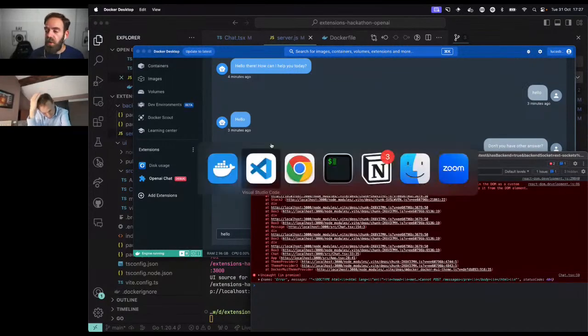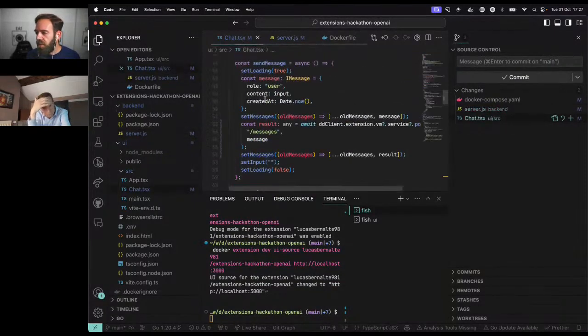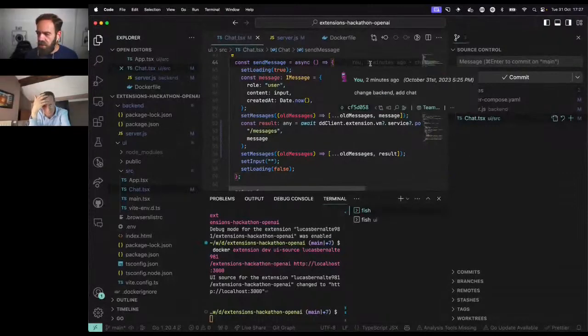This is a good case to modify this and wrap everything into a try catch so that we can send a notification to Docker Desktop. So let's do that.